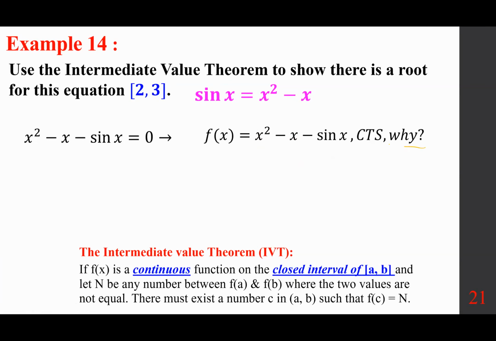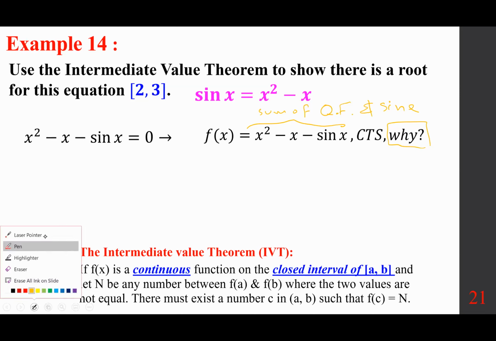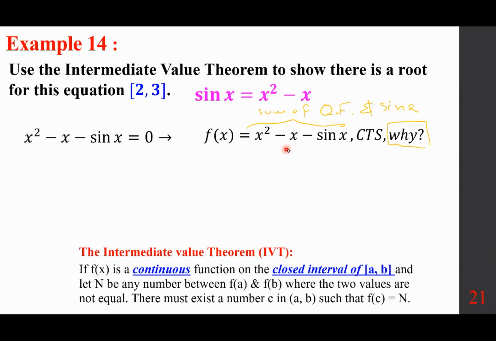is because it's the sum of a quadratic function and a sine function. Remember, minus sign, subtraction is a form of addition. That's why we call it the sum of a quadratic function, x squared minus x, and a sine function. One might say, well, this is a linear function, but you can look at this combination as a quadratic function, or you can even say quadratic, linear, and sine. In any event,